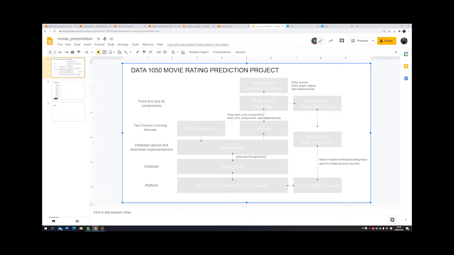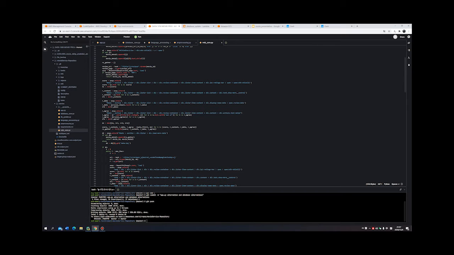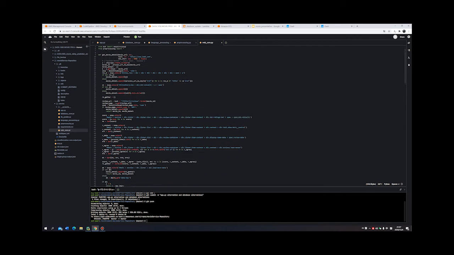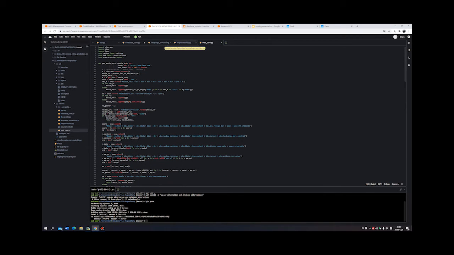Then I will introduce you specifically to the AWS Cloud9 platform, which is our service. As you can see, we have entered our IDE. The first function we introduce is data acquisition.